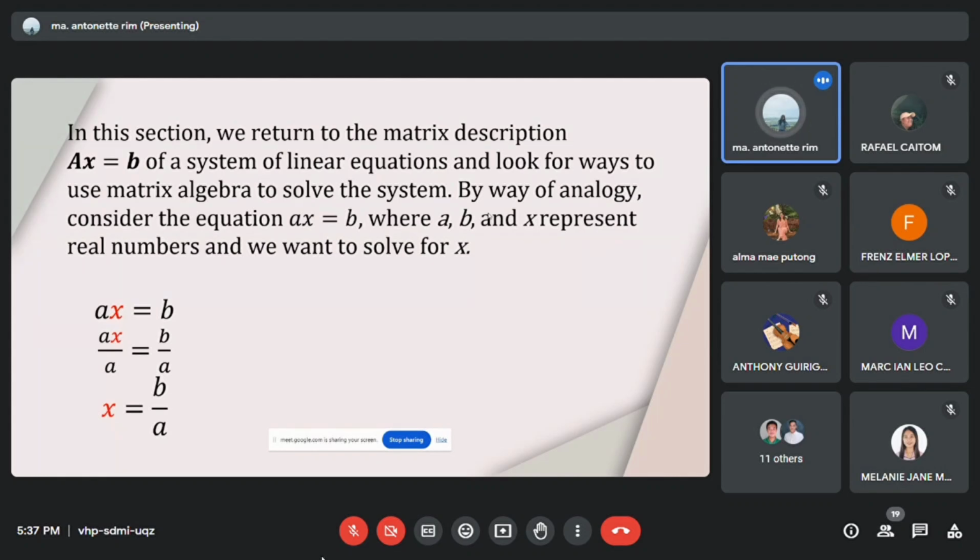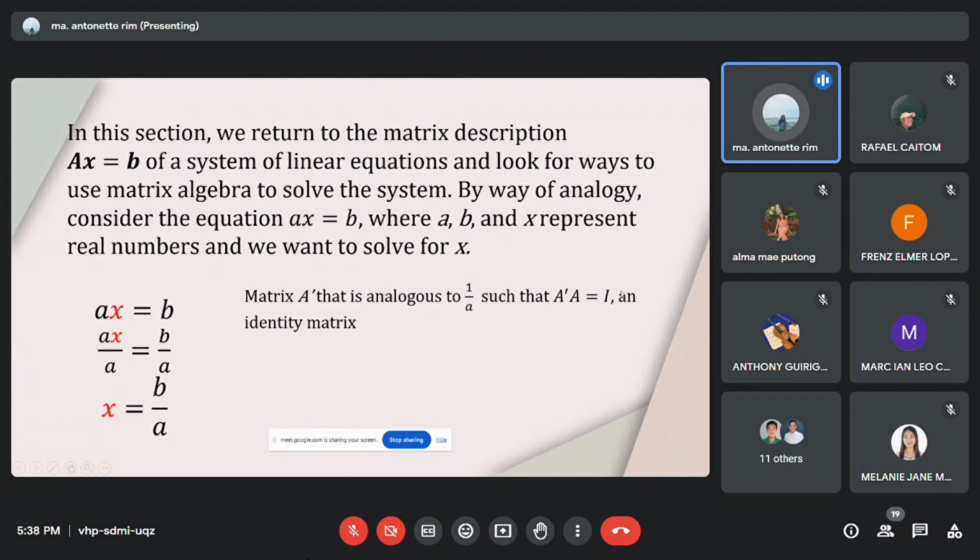So to imitate this procedure for the matrix equation AX equals B, what do we need? Take note that in matrix operation, wala kay division. Dili ta pwede maka-divide og matrices. So unsa may atong kinahanglan when we are solving for X in matrices? We need to find a matrix. Yes, of course, ang inverse. So we need to find a matrix A inverse that is analogous to 1 over A,